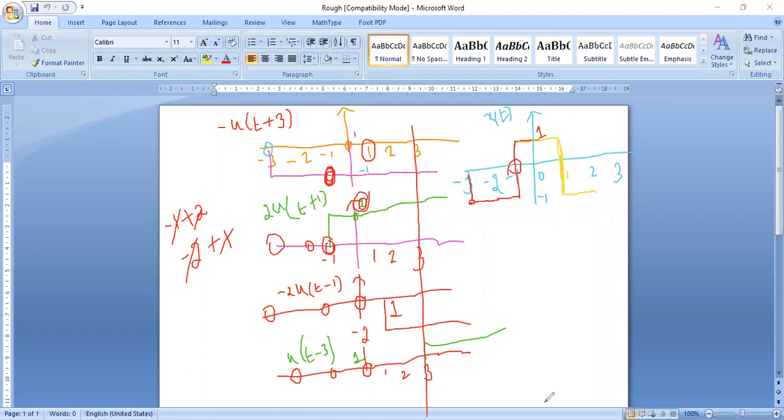Yes, ma'am. So if there is a transition, then I have to show the transition. So my value of 2 will be continued up to 3, and at 3 my amplitude is 0 because my calculated value is 0 here. Okay. So can I repeat this problem again, or is it okay? Can I go to the next problem? Can I repeat this problem again?